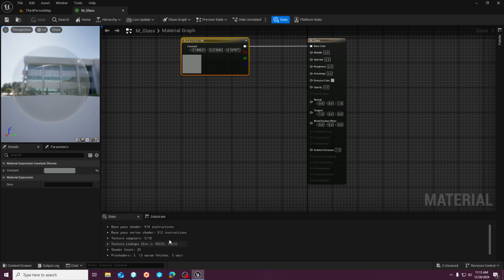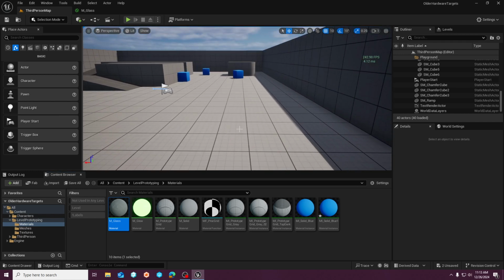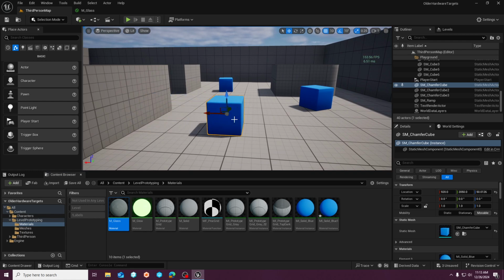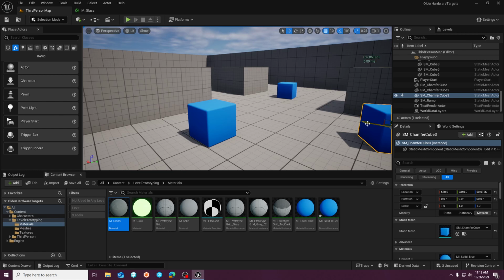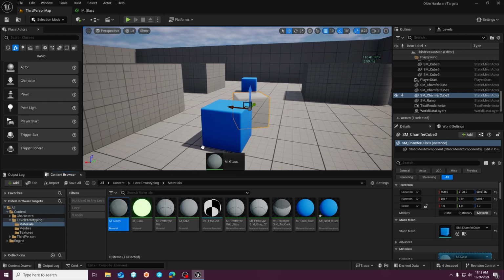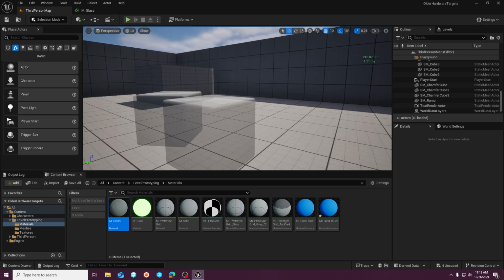first off, what you're going to see is your instruction count's a little heavier than it would be. It would be a little cheaper in the Deferred. And that's going to be across all your materials, no matter what. In forward rendering, your base pass is more expensive because base pass is handling all of your lighting data as well. So we'll toss this on here, and we'll toss this on here,